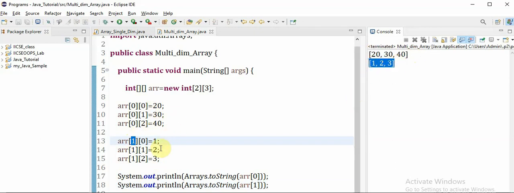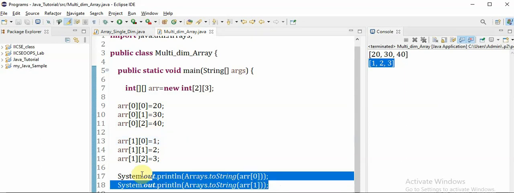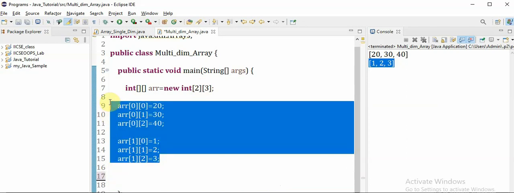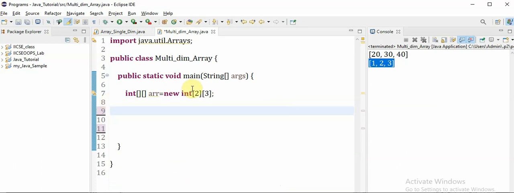So this is how we can do it manually, but it's a little bit difficult, right? Every time, if this array is of big size, then typing like this is very difficult. So we will be doing the same thing using a for loop. Since we have two things, row and column, we are going to use two for loops for this. So let's write a for loop.